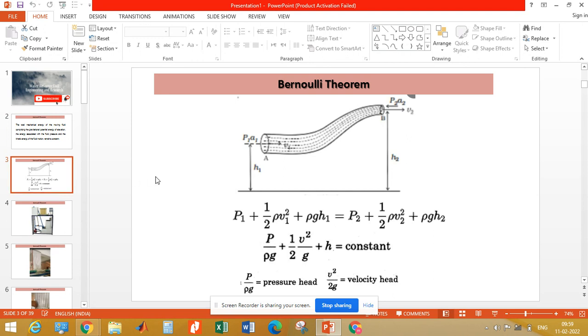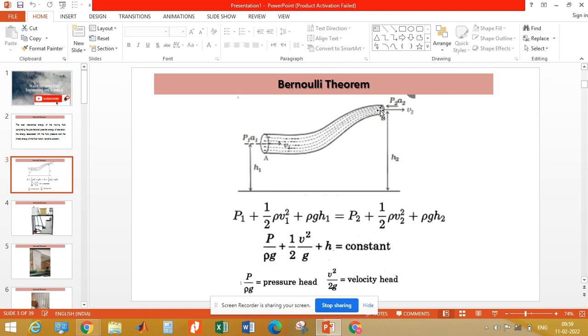So if we consider this pipe and there is a streamline, and along this we are considering a number of points. Say suppose this is point 1 where the velocity is v1, pressure is p1 and area is a1, and along this same streamline we are considering another point where the area of pipe is a2, pressure is p2 and velocity